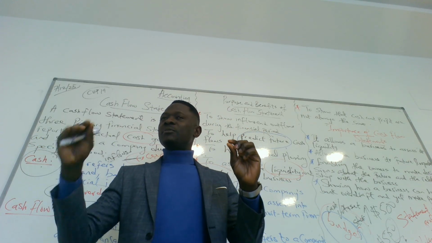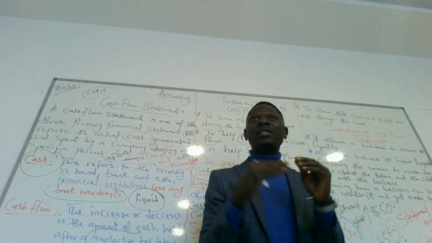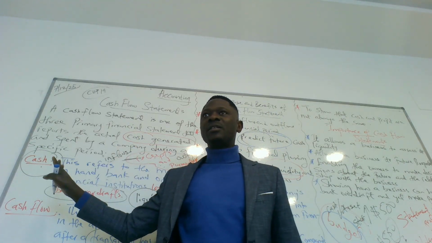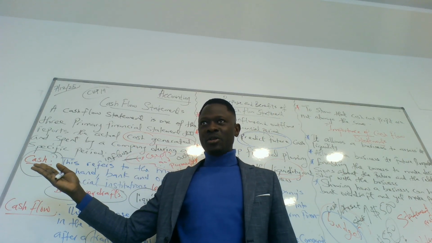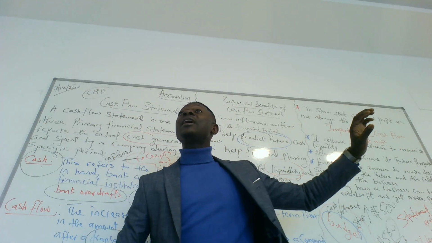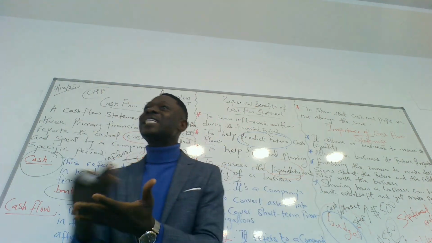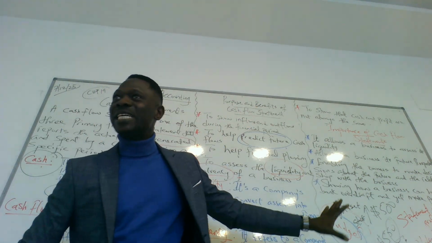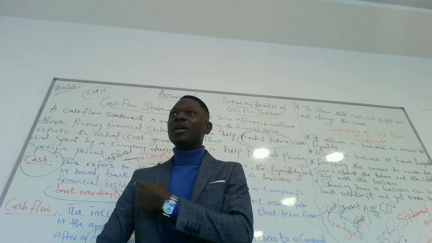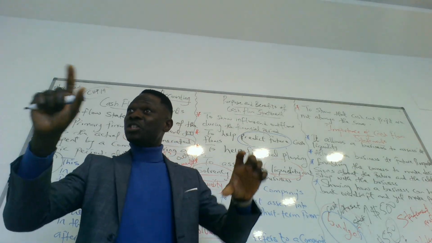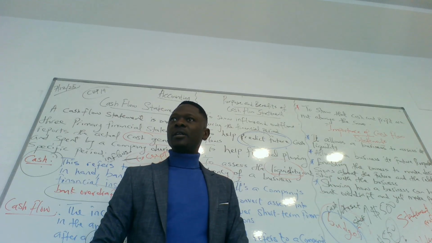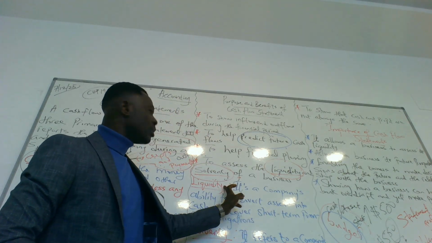Do you get it? So that's why we said the only statement that talks mostly about the actual cash generated is the cash flow statement. Do you get it now? So your statement of financial position will only talk about the actual cash. But how the cash is being generated, you're not going to find it in your statement of financial position. You only find it in the statement of cash flow. It talks about how the cash you find in your statement of financial position is being generated. Do you get it? So that's about liquidity. Any question about